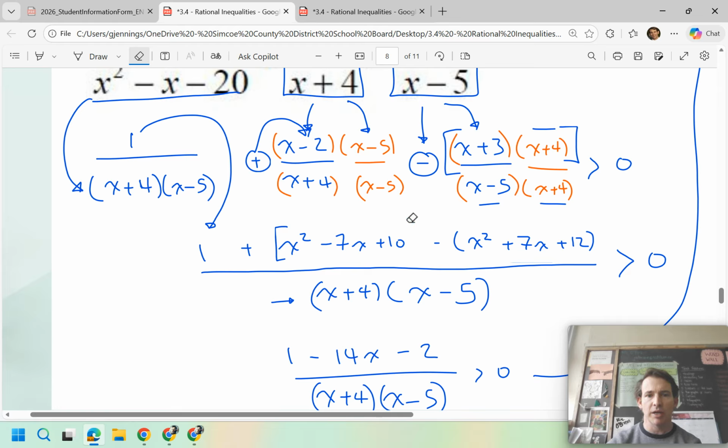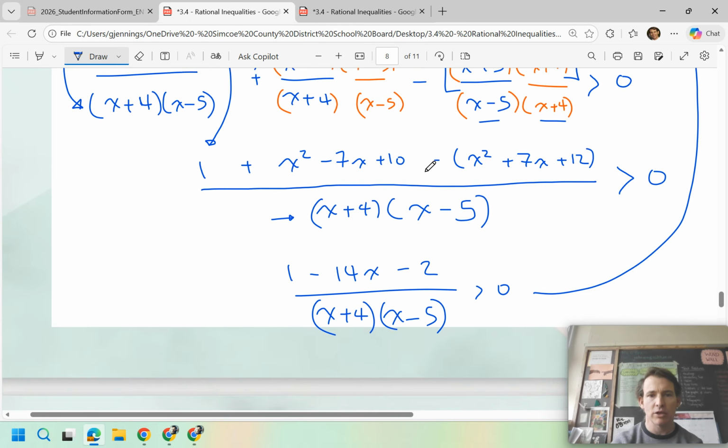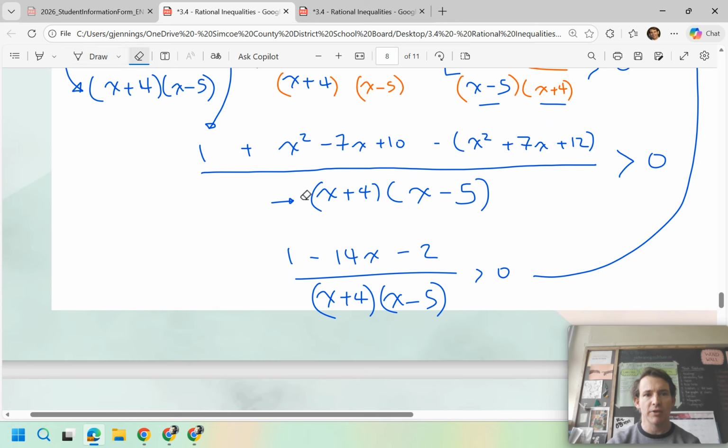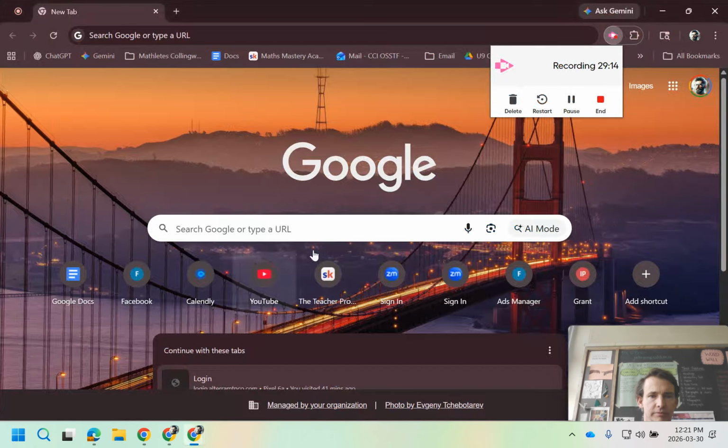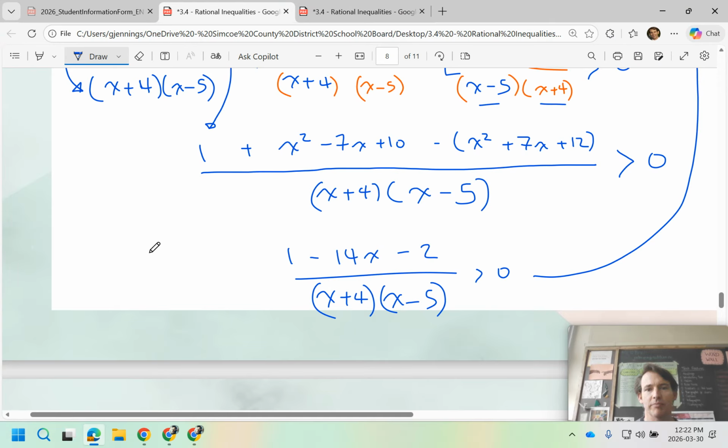That way when I collect my like terms in the next line, I have here, I have x squared minus x squared, so I collect those first, and then I have minus 7x minus positive 7x. Oh, it'd be so easy to make an error there and have that fall out to be 0, but it's not,